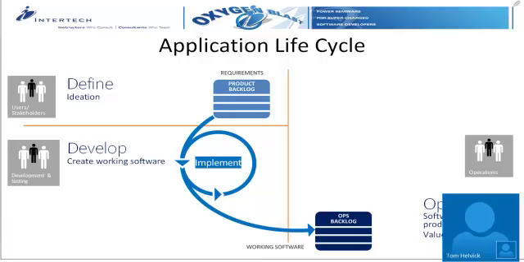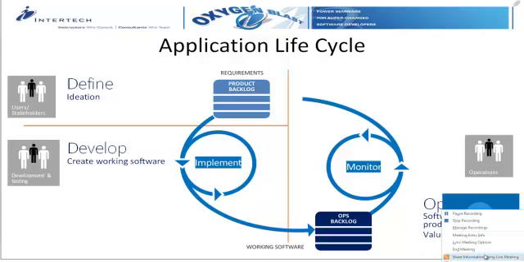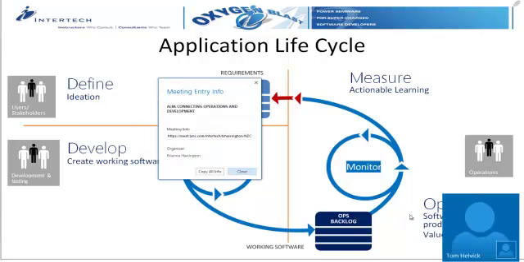So when it lives in the wild, stuff happens, and we want to be able to know about it. So that stuff that's happening is we want to monitor it. We want to be able to look on a periodic basis and see what is happening to our application in the wild. So this ties back, closing the loop, to being able to take what we've learned from what's happening in the wild. Are there any errors?